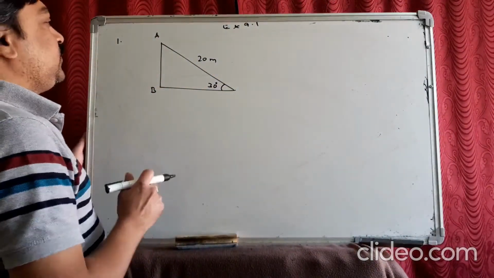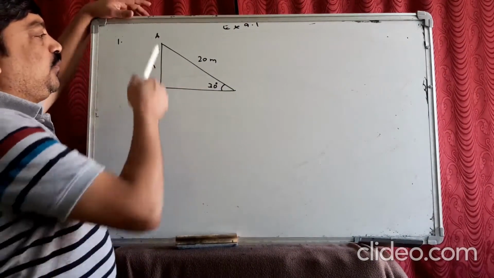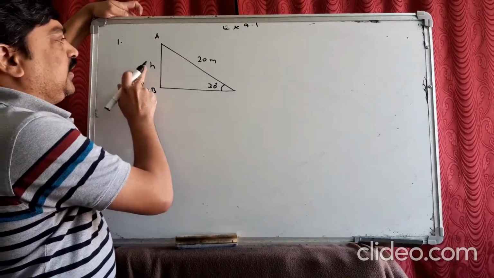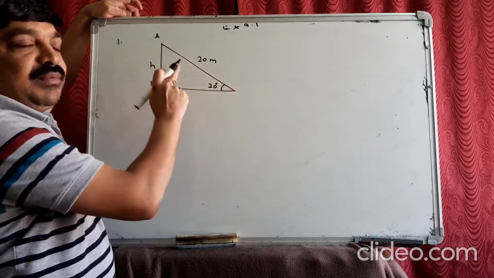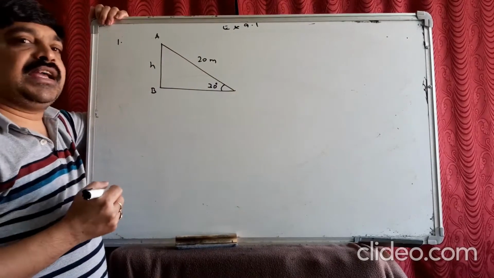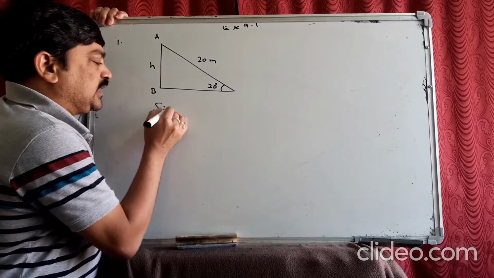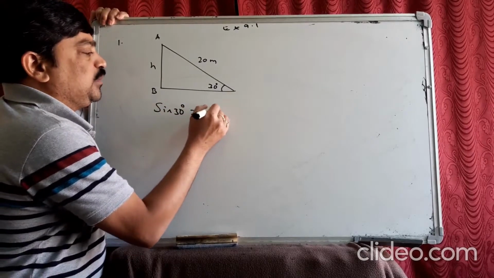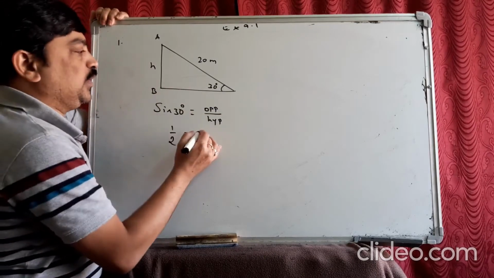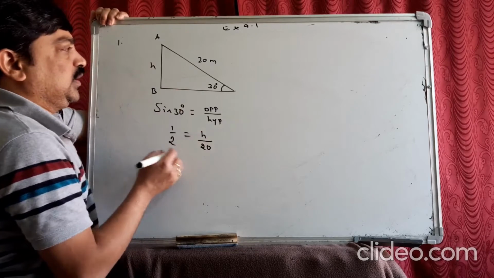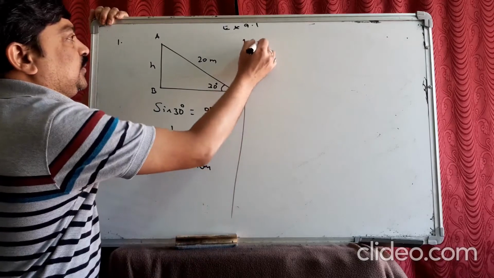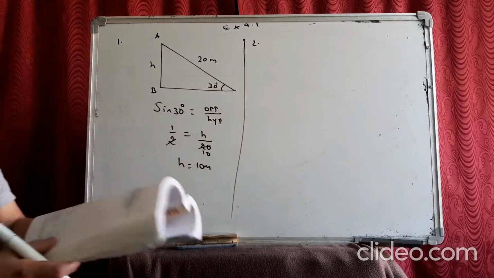And here, we need the height of the pole. See, if you consider this as a right angle triangle and this is the angle, to find the height, here h is there and the hypotenuse is available. Opposite side and hypotenuse will come in sine theta and cosecant theta. Let us apply sine 30 degrees, so opposite by hypotenuse, it is 1 by 2 according to the table. So it becomes h by 20 equals 1 by 2. So you can cancel this 10. So h, the height of the pole, is 10 meters. Okay. See the next question.